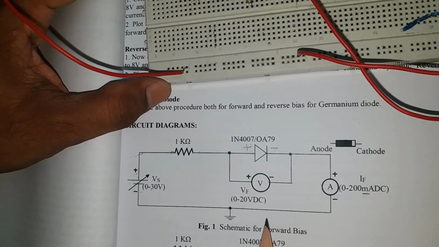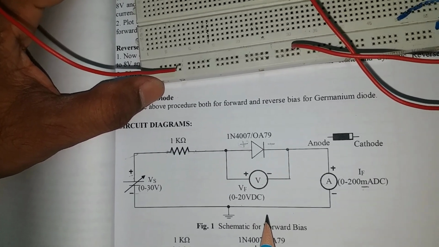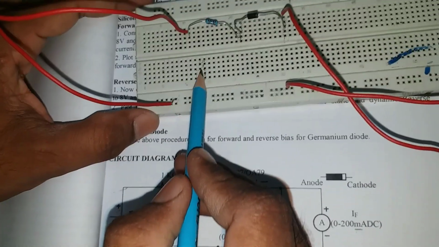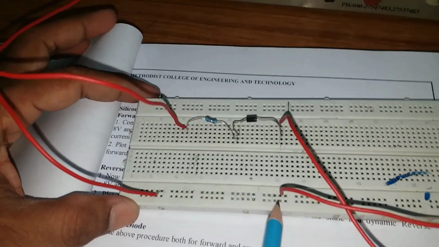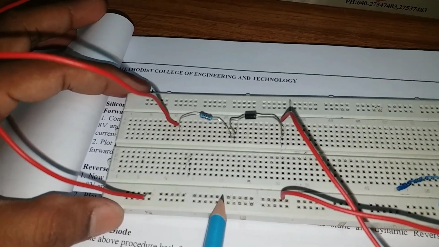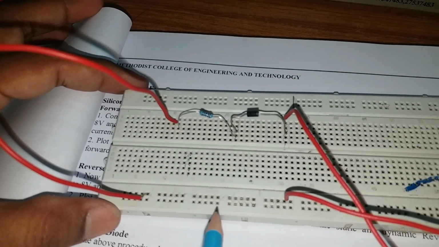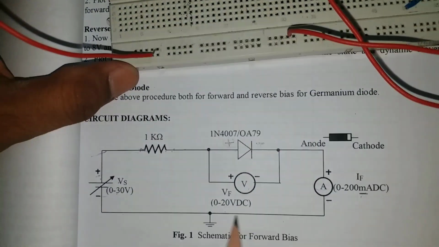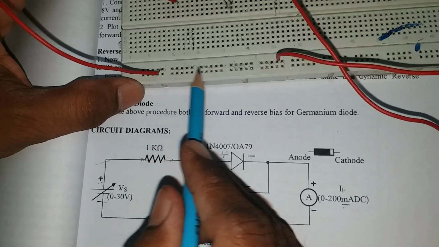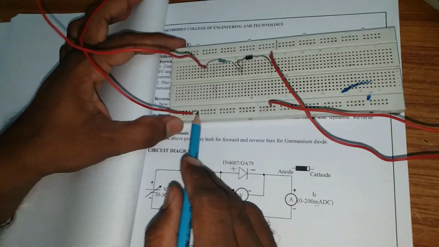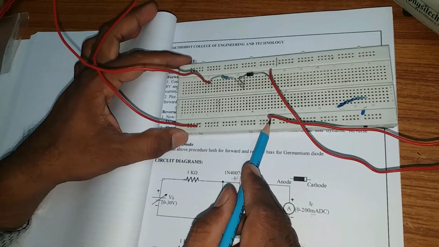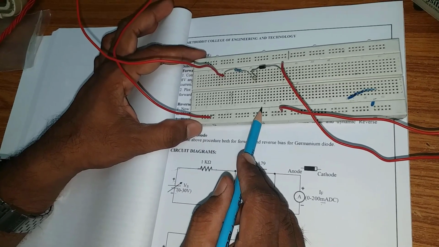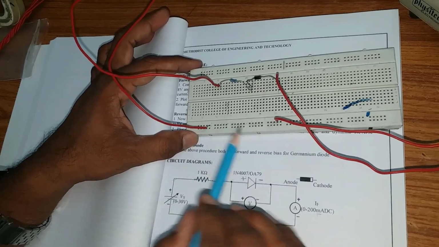If you go for transistor characteristics or amplifiers, there you have 6 or 7 connections, so we will not use the vertical part at that moment. We can use the horizontal part. That is one problem, but there is one solution. The next reason is that you can easily understand which is the ground connection. If you connect the ground in the horizontal part, we can easily understand it is a ground connection. So always give the ground connection in the horizontal section, in order to represent it easily. Clear?